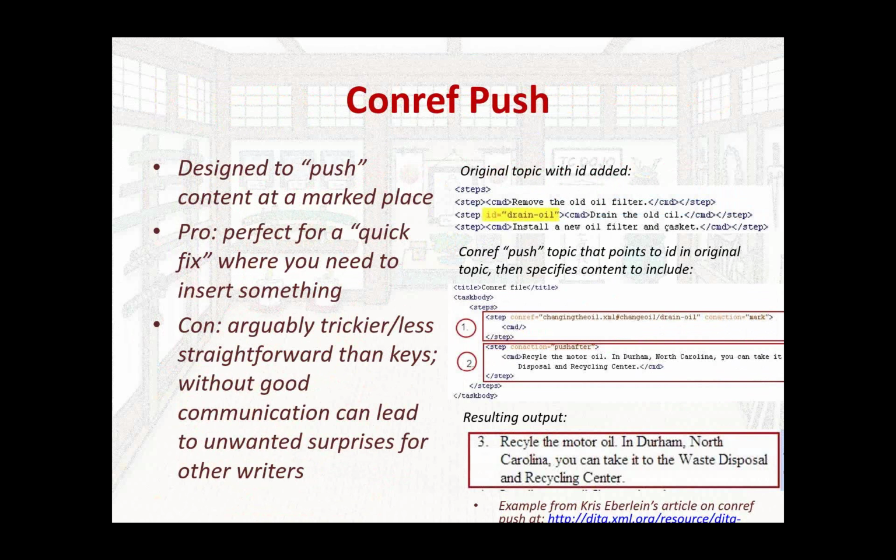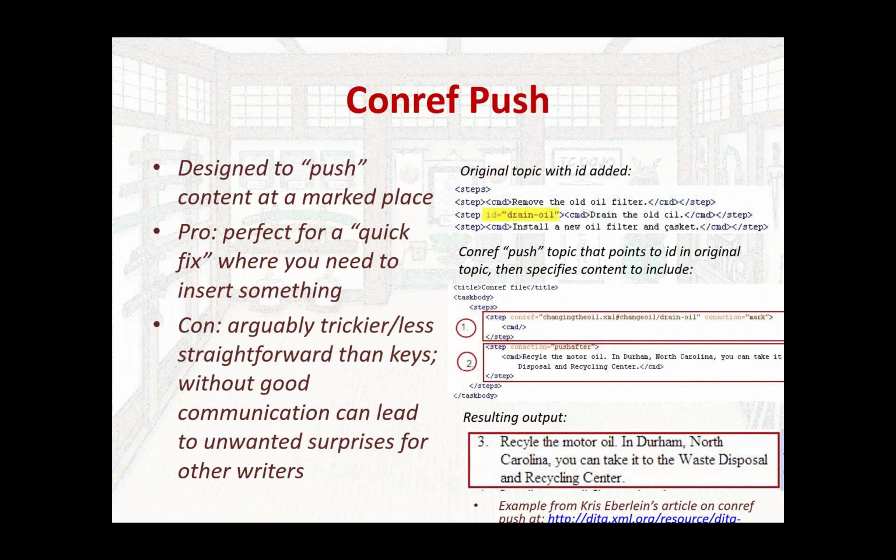So it's great for a quick fix, but on the downside, it's arguably trickier and less straightforward than with regular keys, and without good communication can lead to some unwanted surprises for other writers. So it's one of these things where I've seen it's a good idea for a quick fix, but if you want something more substantial, then it makes more sense in many cases to simply conditionalize it. If you're publishing something for an audience in a particular geographic location, then have that defined at the audience level, or whatever